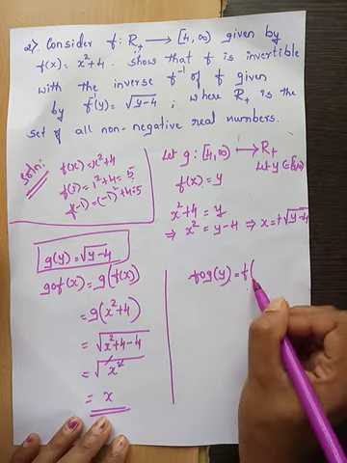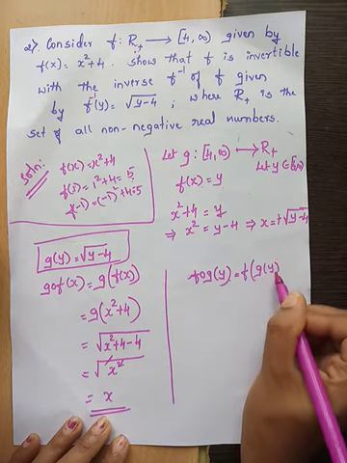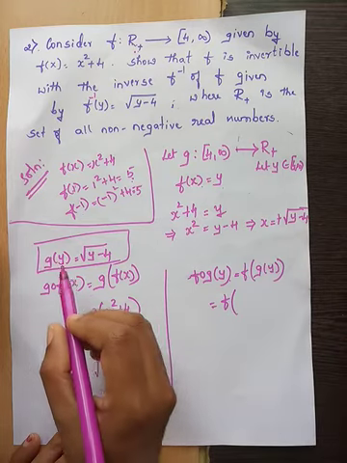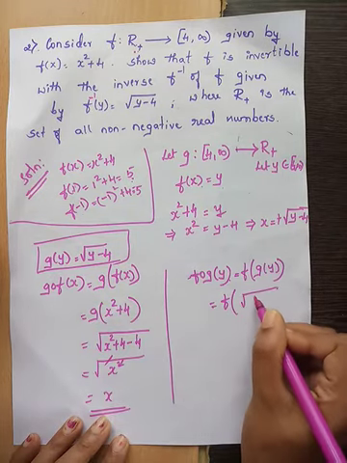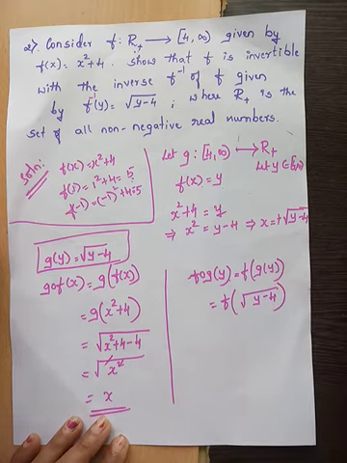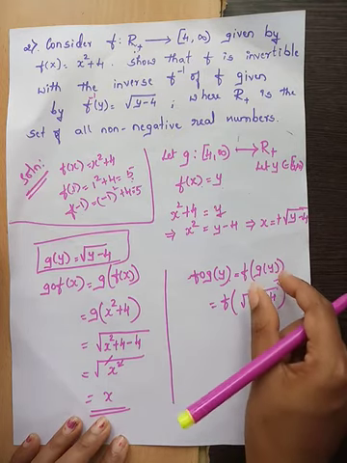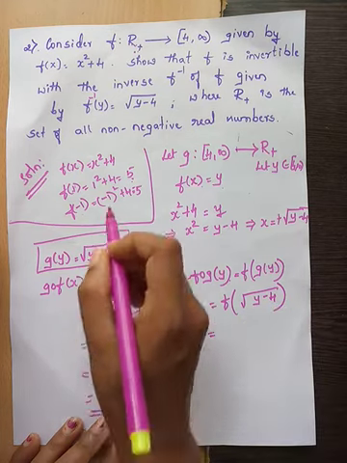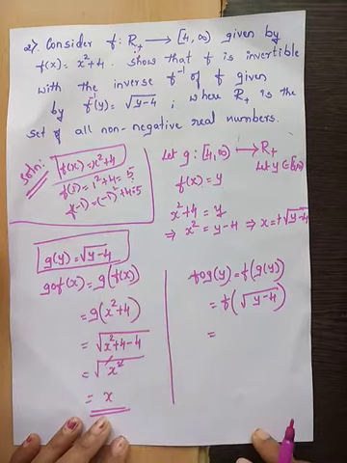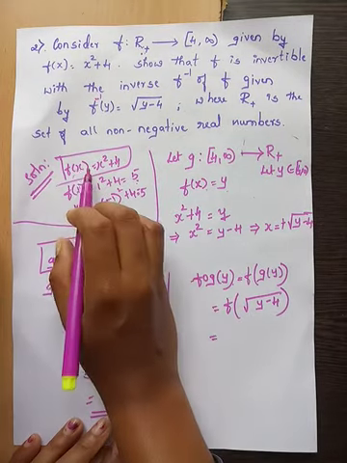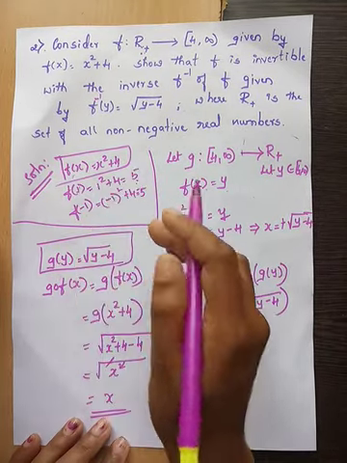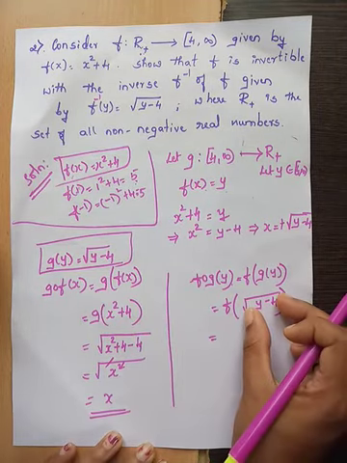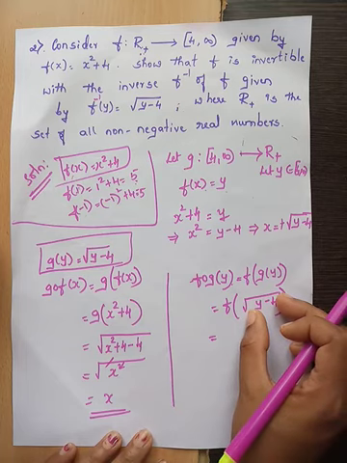So, we will begin according to the definition, f of g of y. So, that is f of, what is g of y? Already we have found it is square root of y minus 4. I have substituted g of y as square root of y minus 4. So, now that is equal to, I know f of x is x square plus 4. So, then what is f of 1? 1 square plus 4. Correct? Wherever I have x, I have to replace it by 1. So, here in place of x what do I have? I have the term square root of y minus 4.